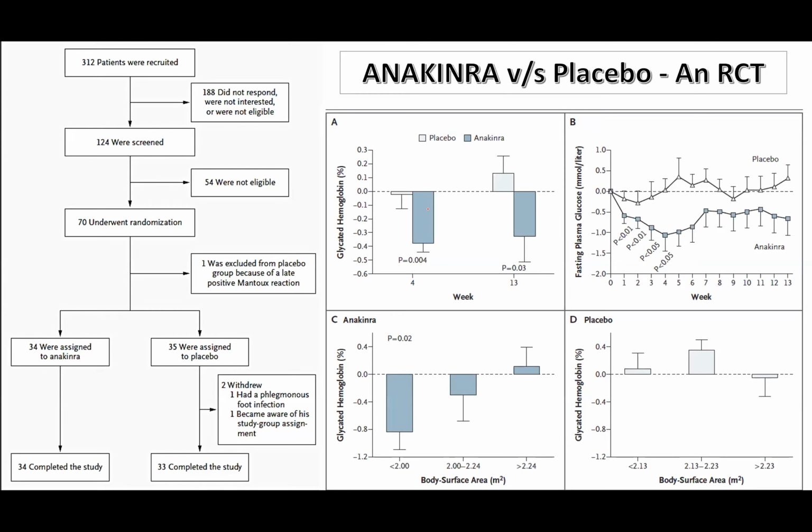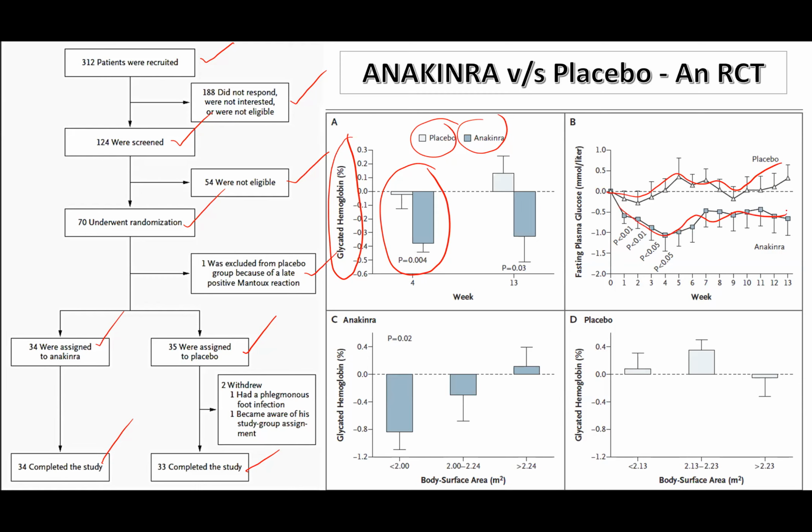So the anakinra versus placebo: 312 patients were recruited, 108 did not respond, 124 were screened, 54 were not eligible, 70 underwent randomization, 1 excluded, 34 were assigned to anakinra and 35 to placebo, and then 34 completed the study, 33 completed the study. What is the beauty? This is placebo, this is anakinra. So the glycated hemoglobin reduction is very profound with anakinra. As you can see, this is the placebo and this is the anakinra. That means hemoglobin A1C reduction is very much in